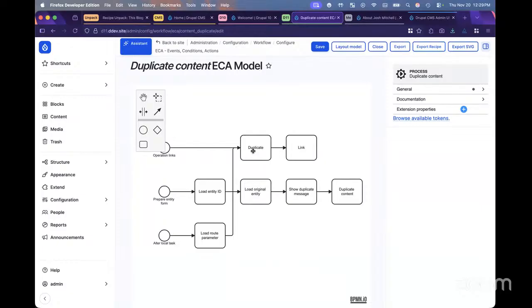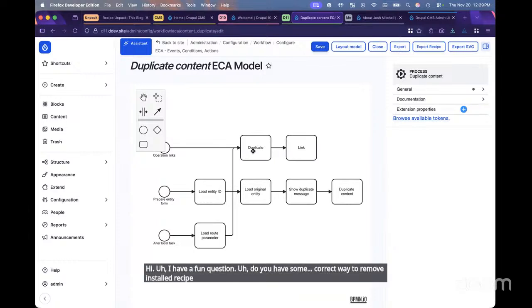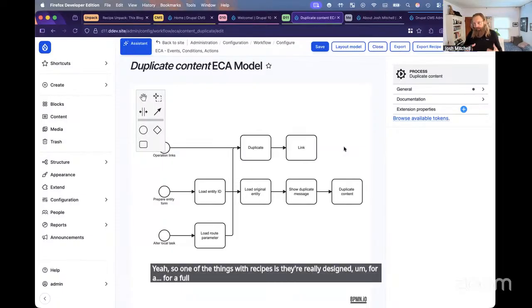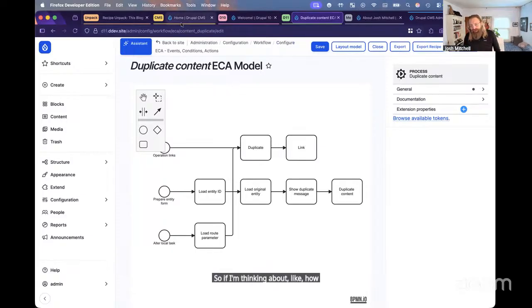Hi, I have one question. Do you have some correct way to remove an installed recipe, except manually, of course? Yeah, so one of the things with recipes is they're really designed for a full enterprise level Drupal workflow where you have local development and then you move it up the chain. So if I'm thinking about how I would uninstall it for